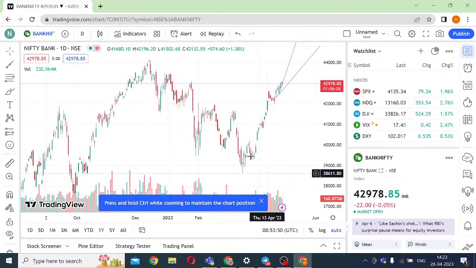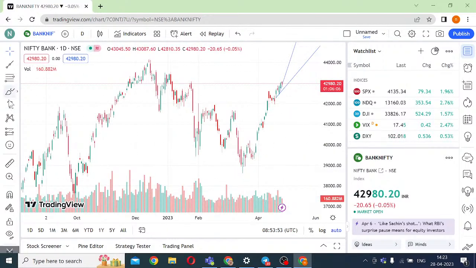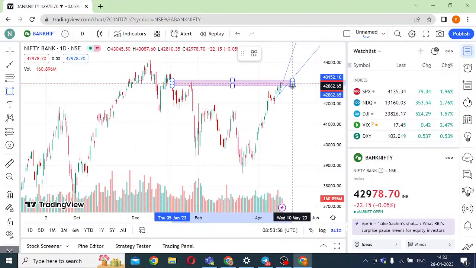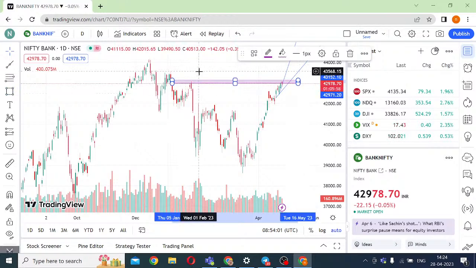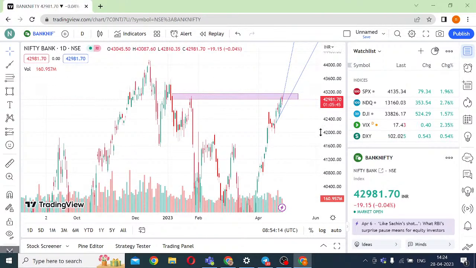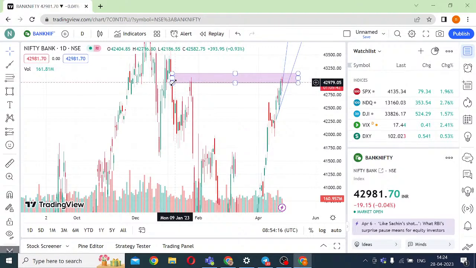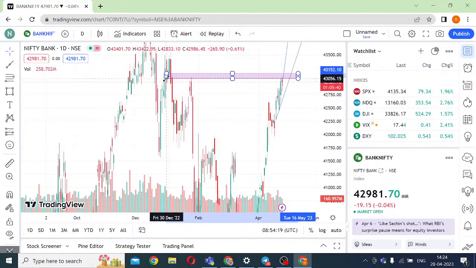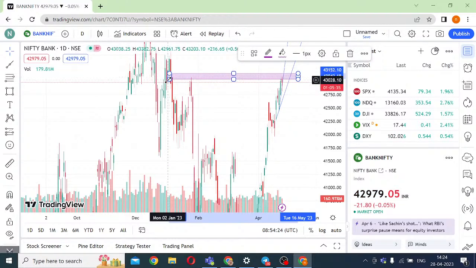Let me quickly start without wasting time. So, what did I mention yesterday in my video? If you see these wicks, and this particular wick top, this is what I had chosen as a good area for me to go short. I'll just zoom in slightly so that you guys are able to see the screen. This was the target that we were expecting, somewhere here, 43,030, 43,050.